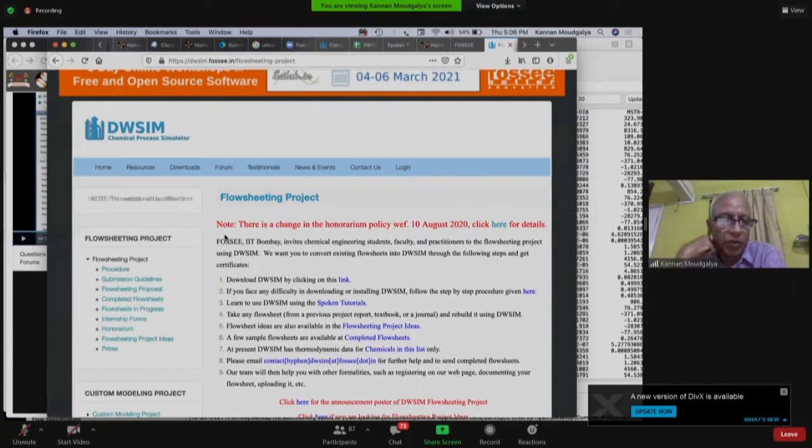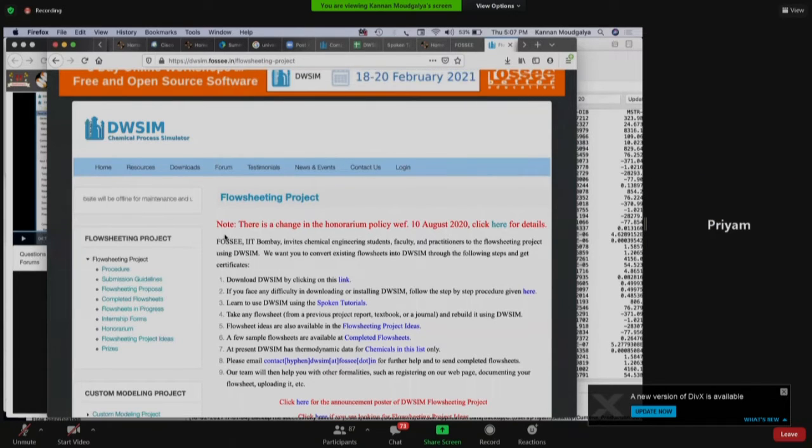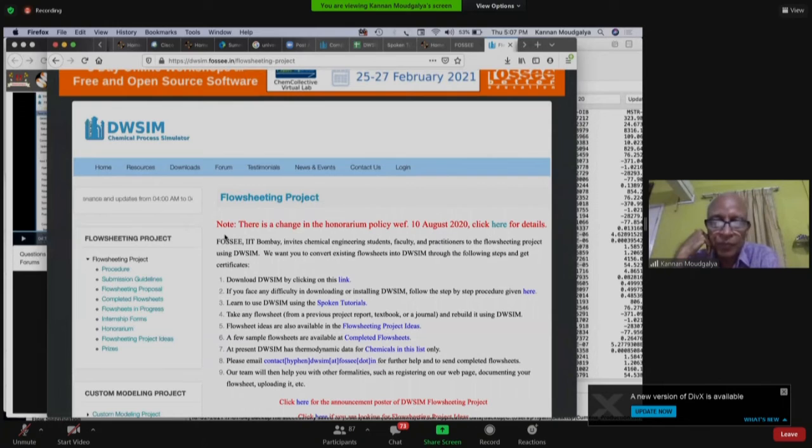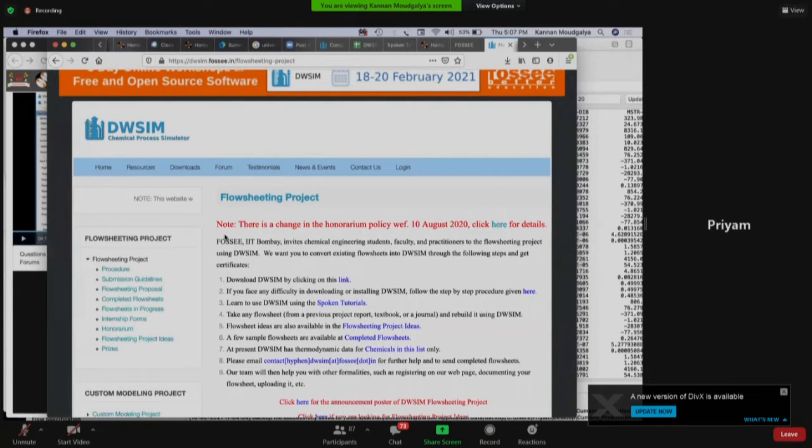Priyam got logged out. So sometimes you may produce the same chemical, but through a different process. So that is perfectly okay. Okay. Because we don't want somebody to take a flow sheet that is already available and modify 1 or 2 things and submit again. That is not acceptable, right? It is also unfair to the original contributor. So we make sure that whatever you are offering is not already there. If it is not already there, it could be the same chemical, but different process, as Priyam was mentioning. That is also okay.